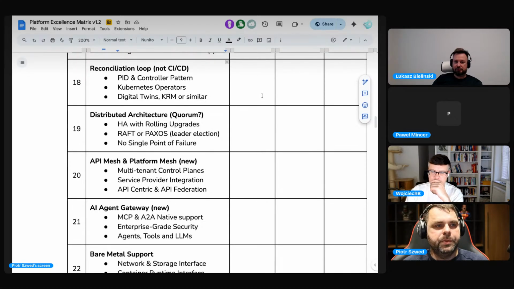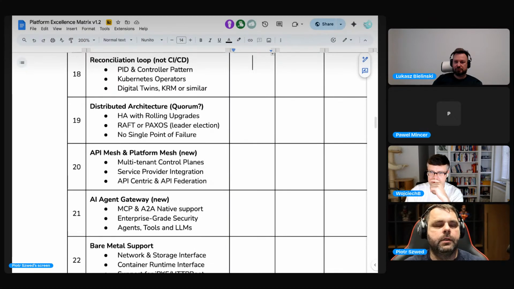Okay, one of my favorite topics, reconciliation loop. This one is very close to the Kubernetes core architecture. Do we need something like this? Because there are quite a lot of tools on the market that work in a way where you can trigger an action and it executes a workflow, it triggers some scripts, some actions like GitHub Actions or Jenkins or whatever. It triggers some jobs, but after the job is done, it forgets about reconciling or checking if the expected desired state is still there, right? So what do you think about this one?